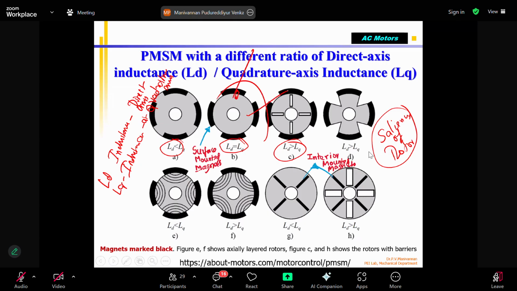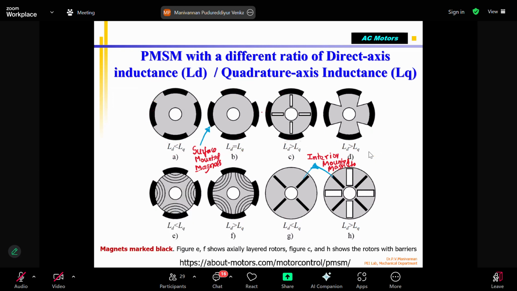That is one of the drawbacks. Please note that I already told you, one of the drawbacks of the surface mounted. This is the surface mounted, and this time there are 4 magnets. As the RPM of the rotor increases, if the motor speed is 2,000, 3,000, 4,000, the centrifugal force, the outward force generated with respect to the shaft axis, will be very high and the magnets can fly